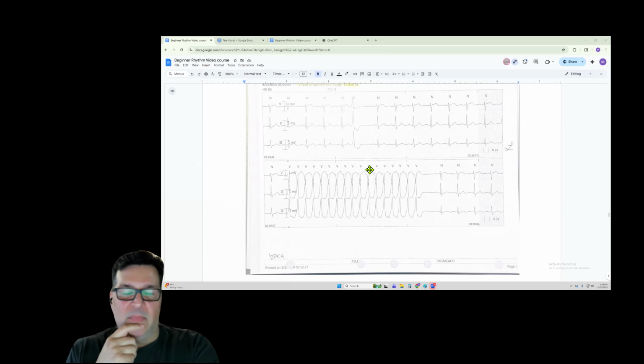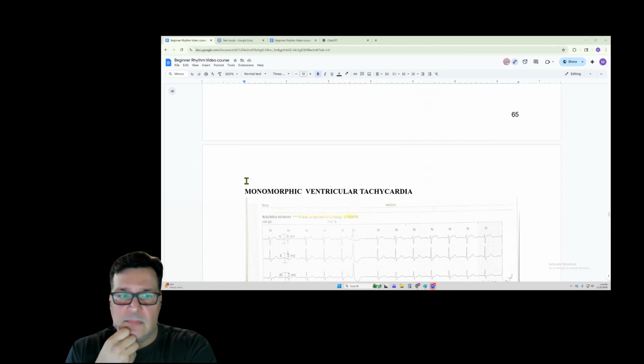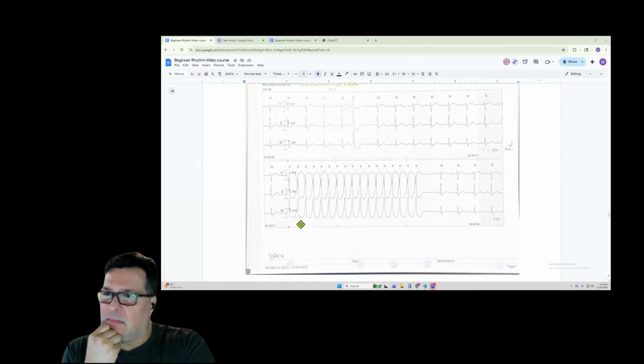But luckily this guy stopped after 5 seconds. But still, he's going to feel that, he, she, whatever. They're going to be symptomatic and say, oh, I don't feel great. So even if it stops or it's a short little run, it's still noteworthy to tell the nurse they just had 4 seconds of VTAC. Absolutely, call them. So that is monomorphic VTAC, and what that is,